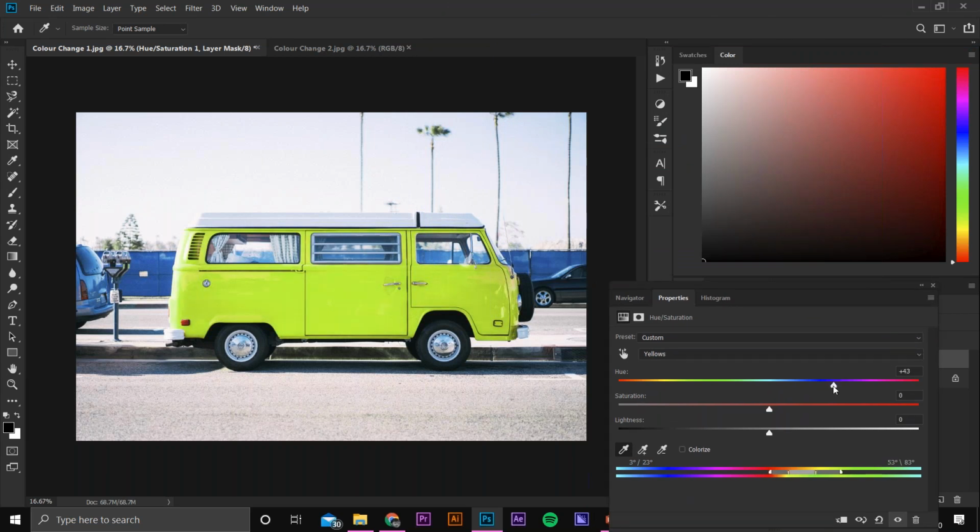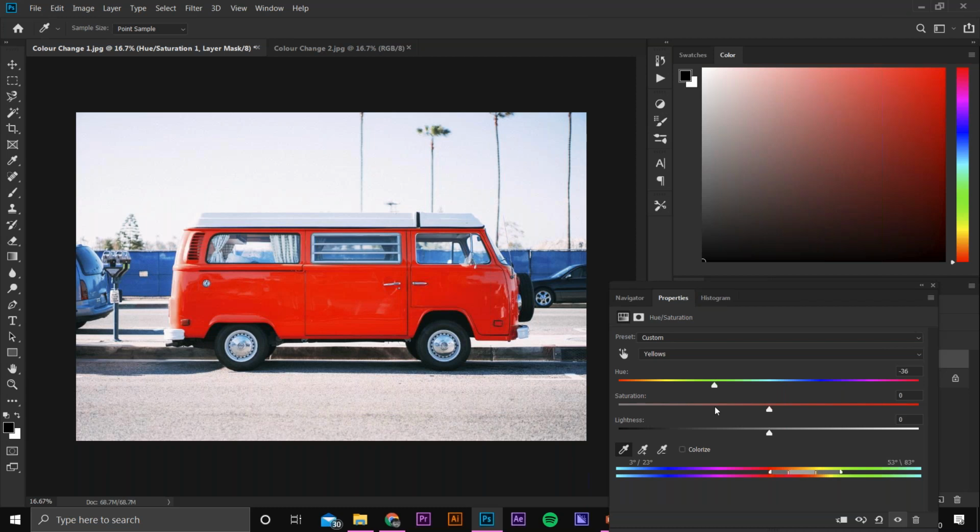Now we can see it pretty clear. We'll be shifting towards the green. If we shift towards the green, then yellow and green will mix up, I think, and make a red color. I personally think that it should be in a red color for better, or in a pink color also. It's good in this also. And now we can select the saturation tool and make it unsaturated or more saturated, like in a specific color